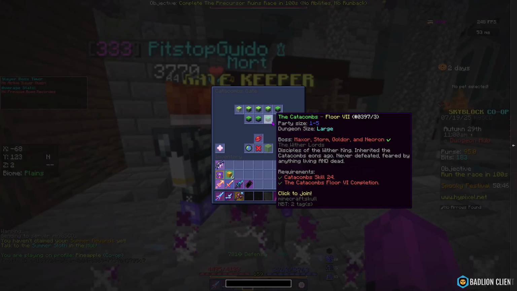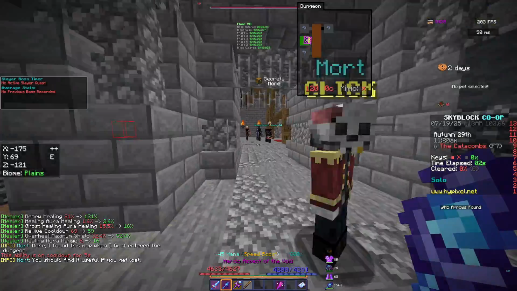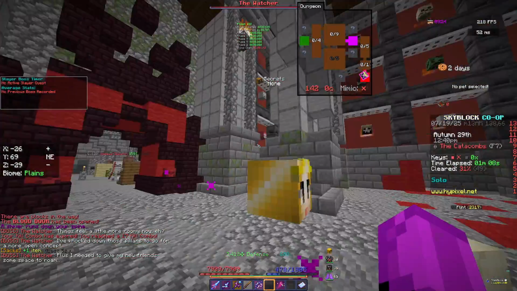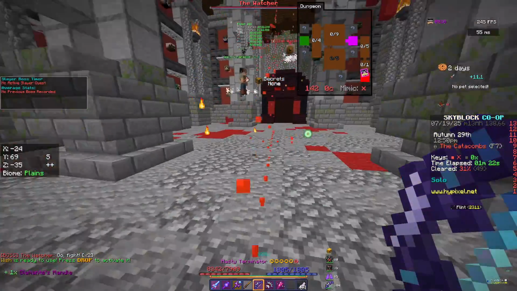The next money making method is really simple. All you need to do is go into a floor 7 run by yourself, and then you want to clear out the whole entire floor and go to the blood room. And after you unlock the blood room, you want to wait for a giant to spawn. The giant spawns, you want to kill it, and make sure you pick up the loot, and you just go